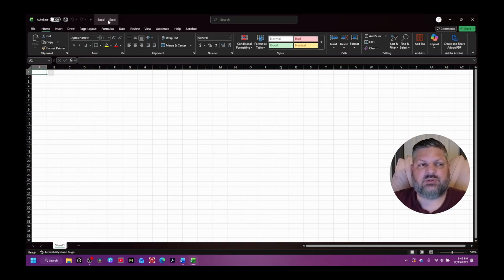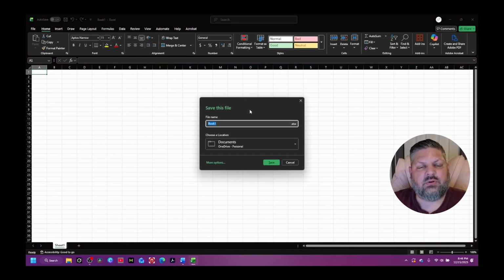And since we're here, let's go ahead and rename the workbook, because book one, or if you already have a book one, book two, has very little to do with what's actually in the workbook. And so one of the first things we always want to do is name the workbook. So if we click on the name here, you see that it will open this dialog window. It says, do you want to save this file? Yes, of course we do. And what do you want to name it? We'll name it something more applicable, like